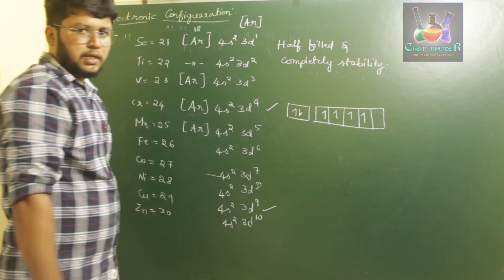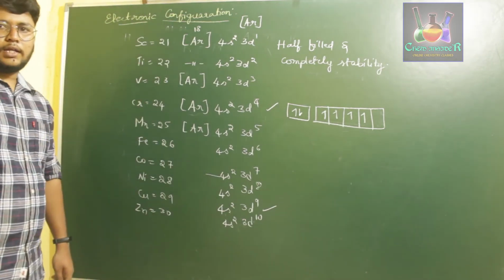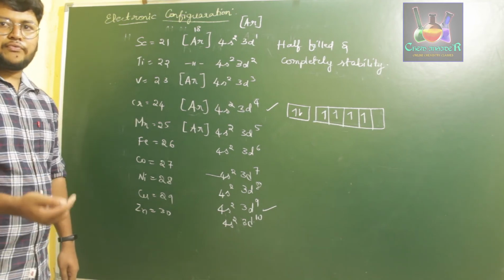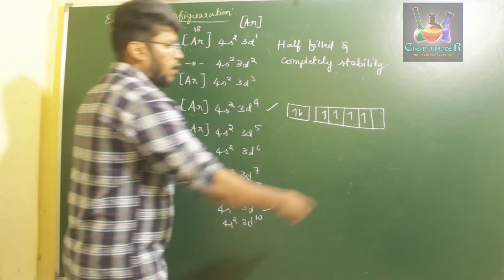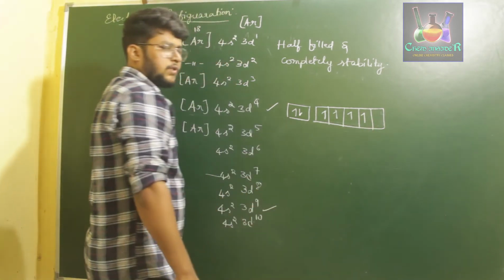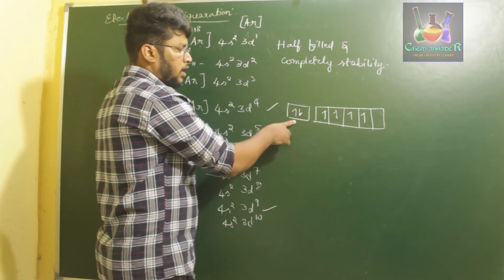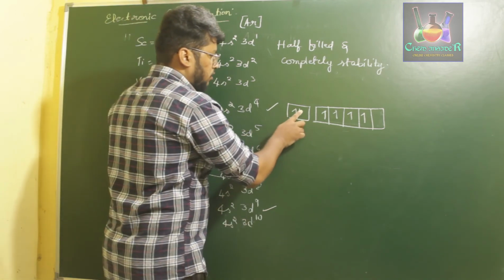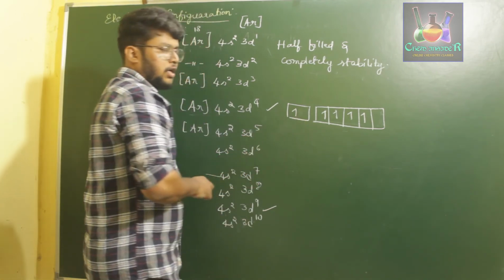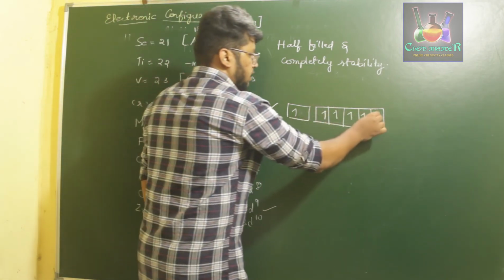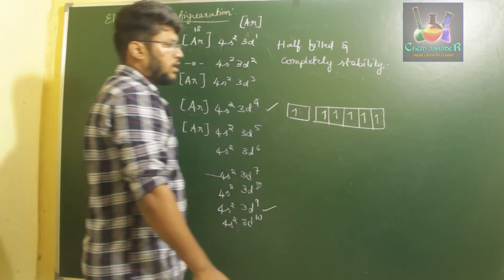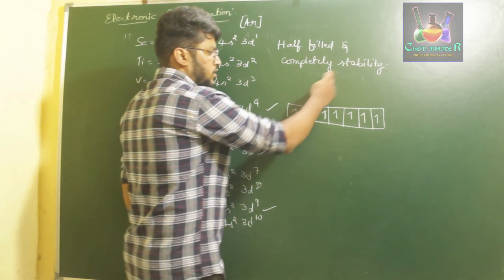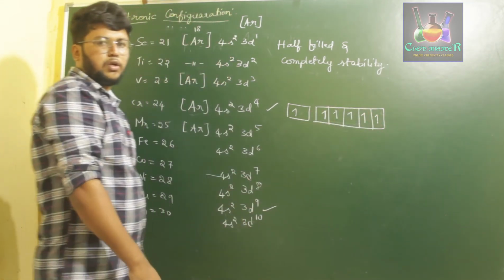So what happens here is, if any orbital requires just 1 electron to be half filled, that is, if we have one empty orbital in a given d and we have a pair of electrons in the s orbital, the electron present which is paired with another electron in the 4s orbital gets shifted to the empty 3d orbital. Okay, the electron present in 4s gets jumped to the empty orbital of d.